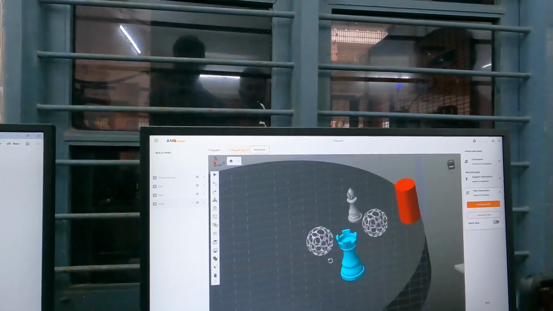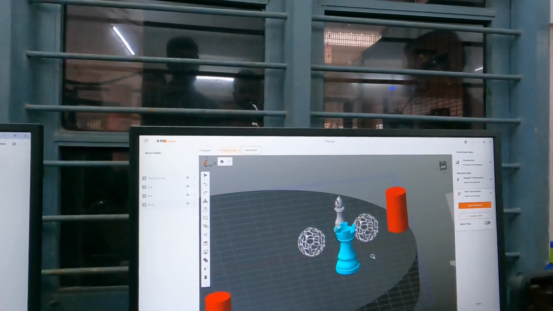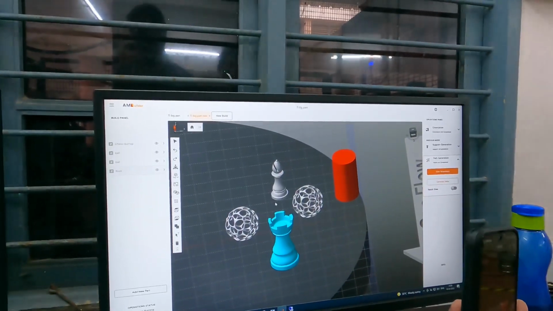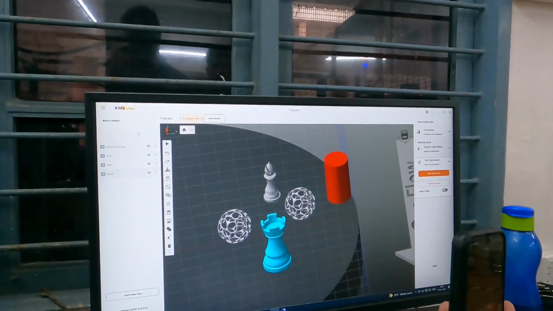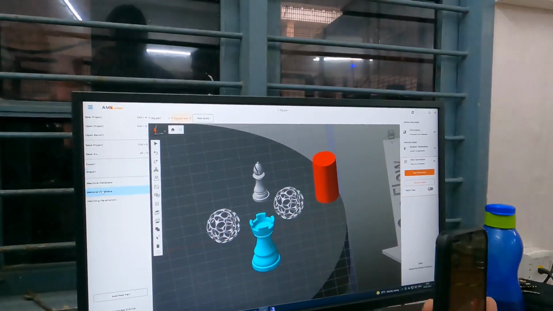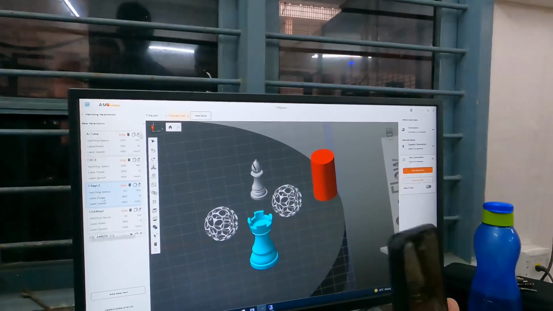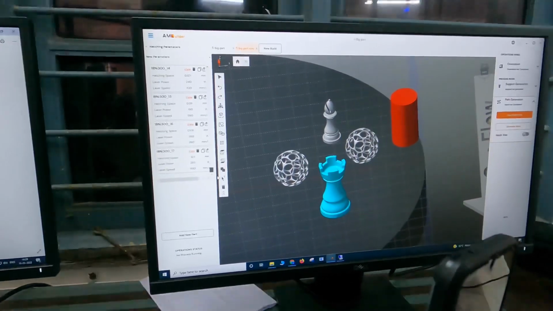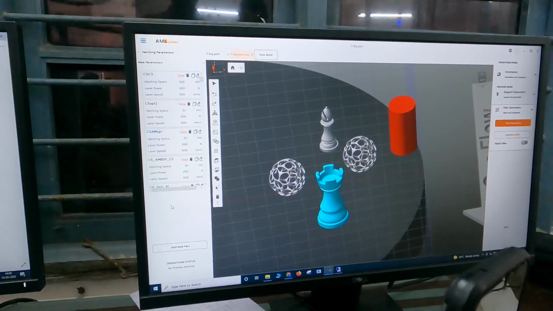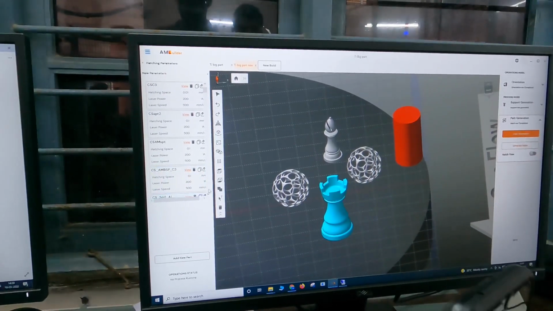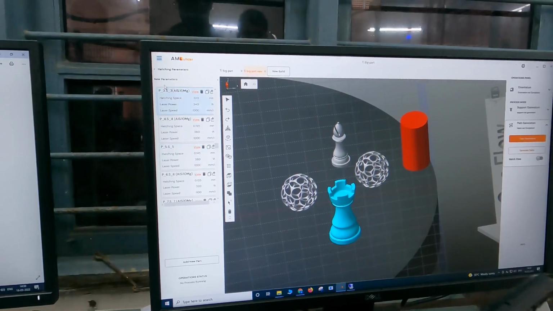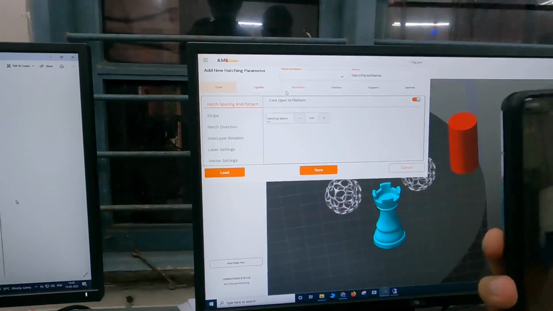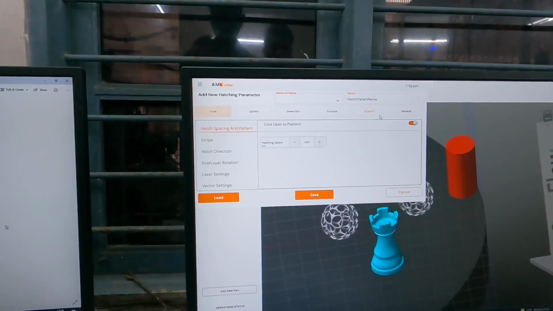So these are the components that we are planning to print for this session. Then another consideration that we have to see is what parameters we are going to give for this print. So for that we come here and come to the hatching parameter. Then we specify what is the laser parameter that we are going to give. So here we can add a new parameter set here. Now you can see we have core, upskin, downskin, contour and support parameters available.